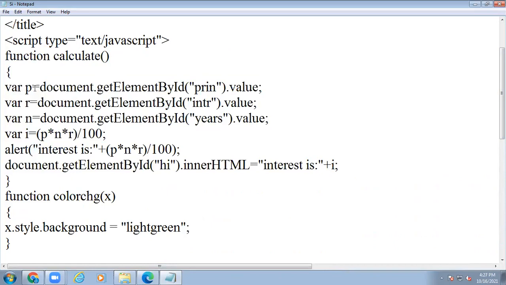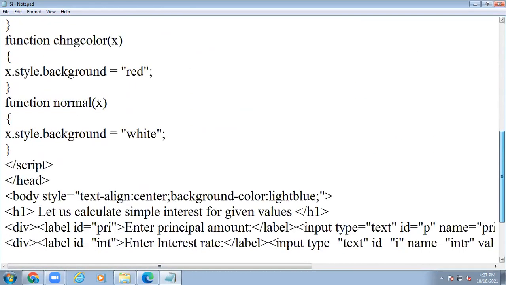Now you have to define the variables. First variable, P, that is the principal amount, and document.getElementById.